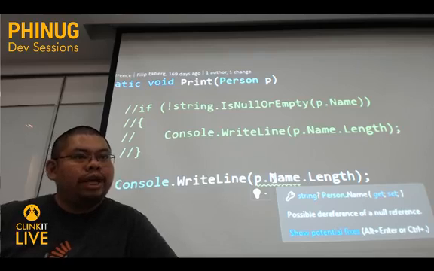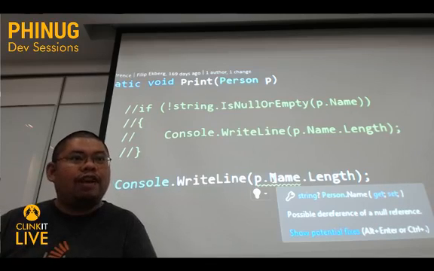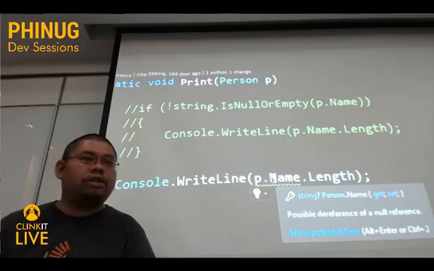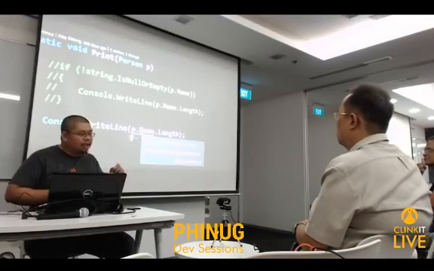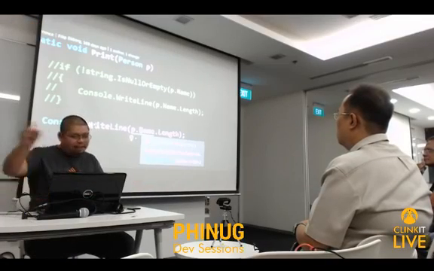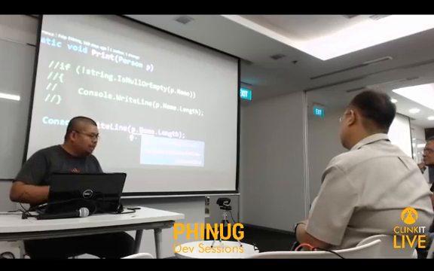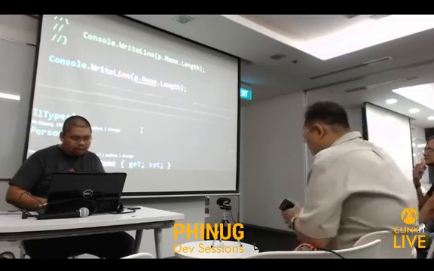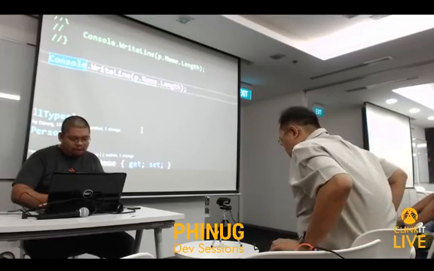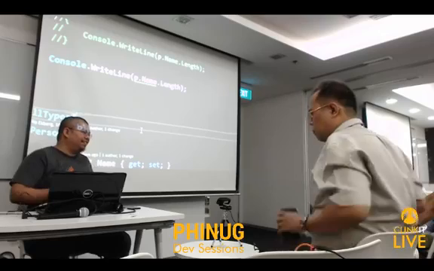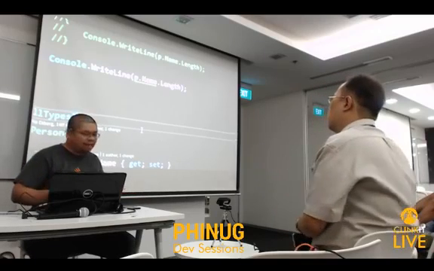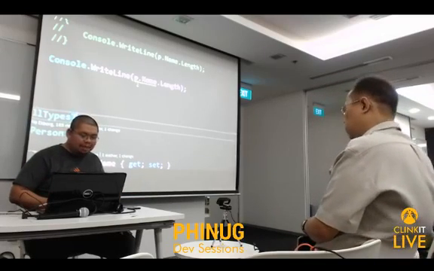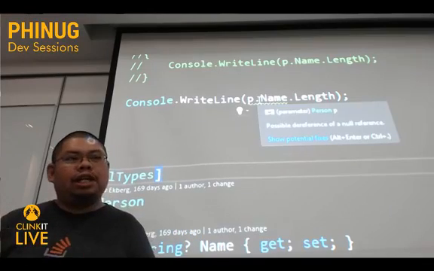So, during development time, lumalabas na yung warnings mo. This is a possible null reference. That is a possible null reference. This is a possible null reference. Dati, walang way for the compiler to check. The compiler doesn't care. Ngayon, lalabas na ito. Ang implication nito is